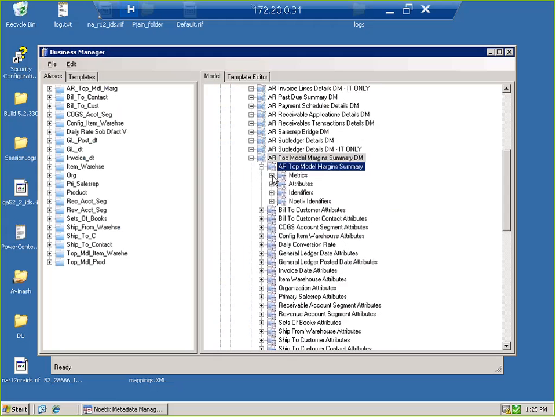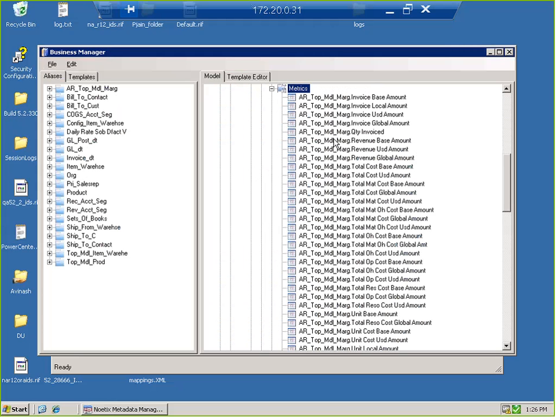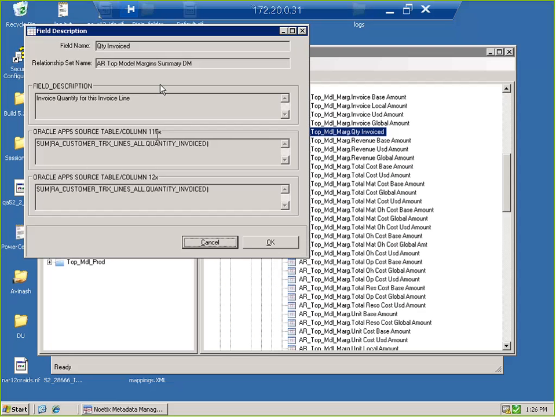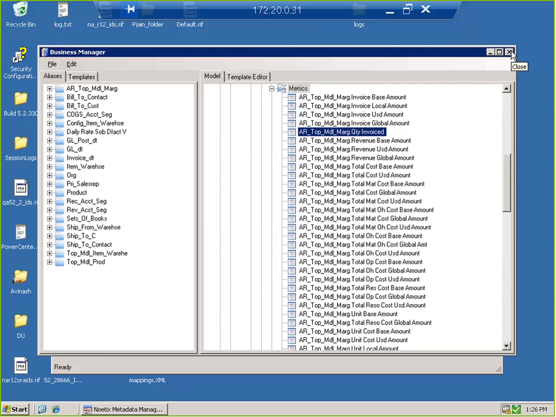If I open this further, we'll see all of the individual fields that are in this fact table. And again, not only are we providing the descriptive metadata, but we're also providing lineage information. So this is a bit of technical metadata as well, but we're telling the user exactly where the data is coming from that's populating this column in the warehouse. So maybe not every user might need that, but some of the more technical questions can also be addressed by the metadata in our repository. So that is a very quick overview of